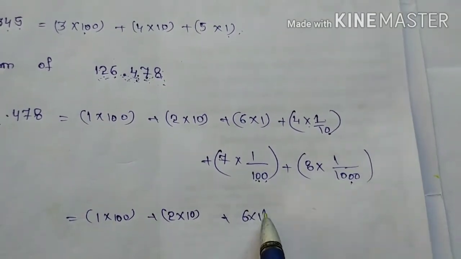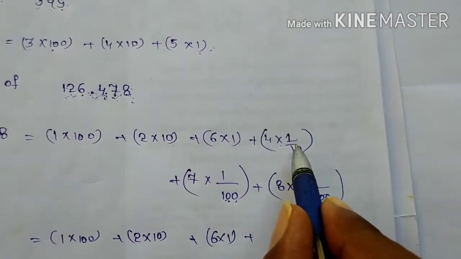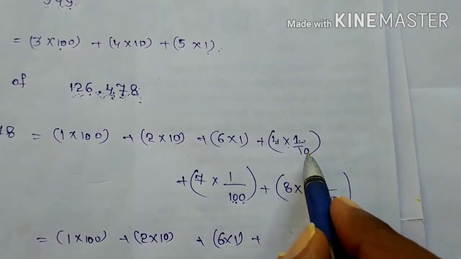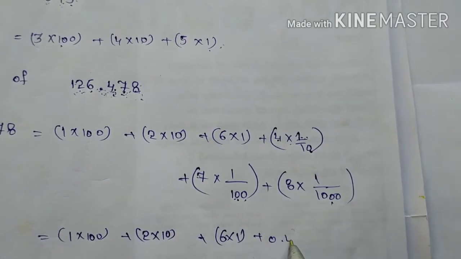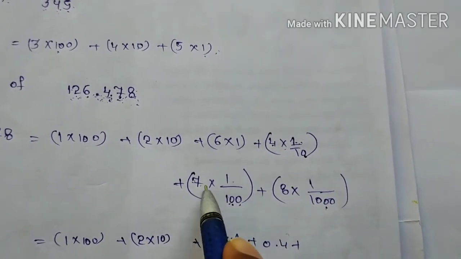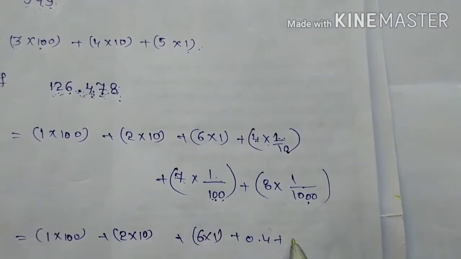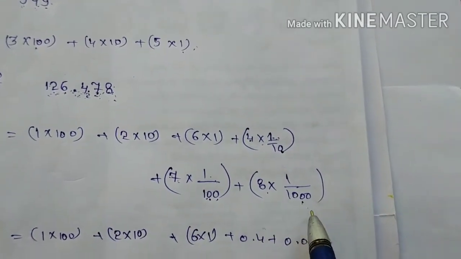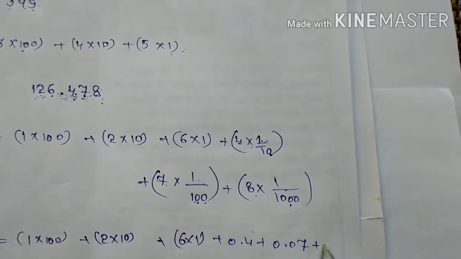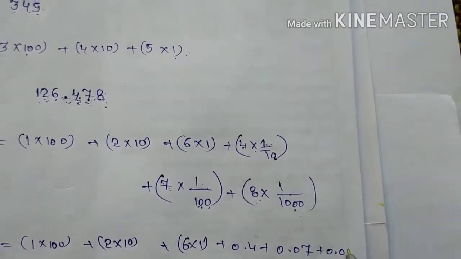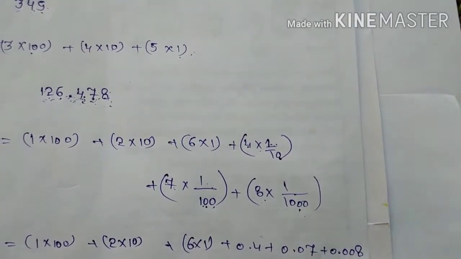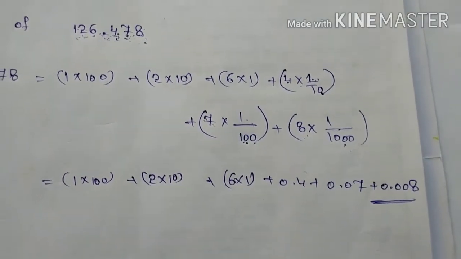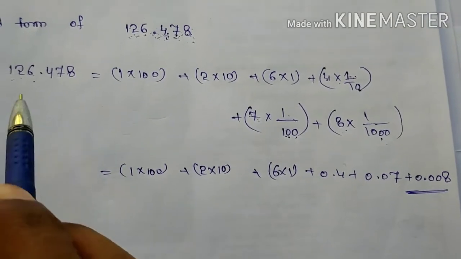If you want, once again you can write it simply as 1 into 100 plus 2 into 10 plus 6 into 1 plus 1 by 10, which means 0.1. Here 4 by 10 means you can write 0.4. Then 7 by 100 means 0.07. Plus 8 by 1000 means 0.008 only. 0.008. This is your standard form of